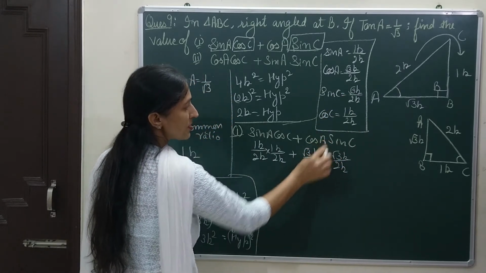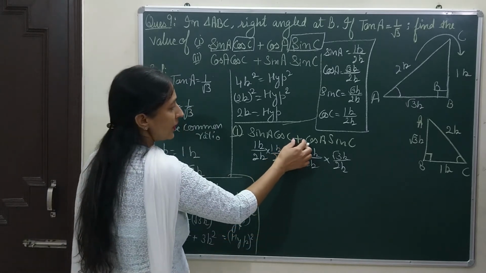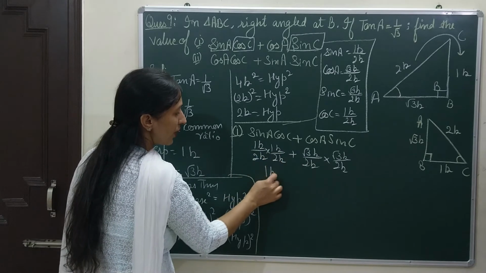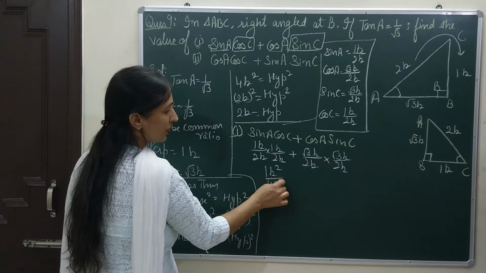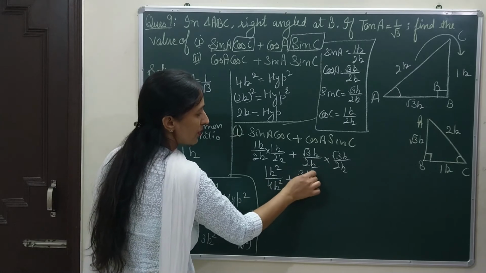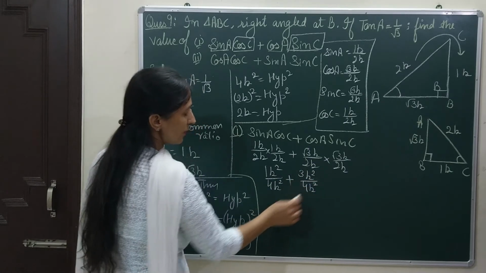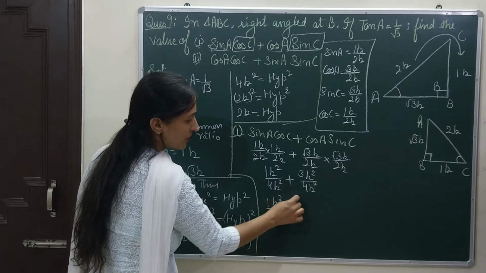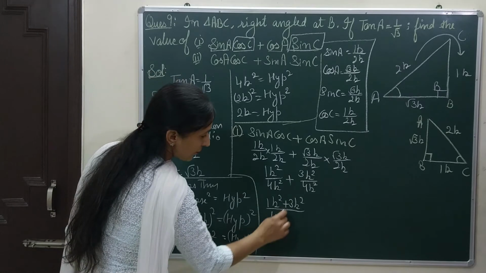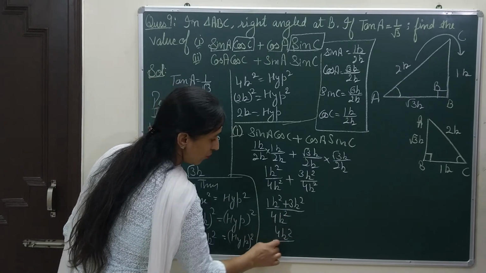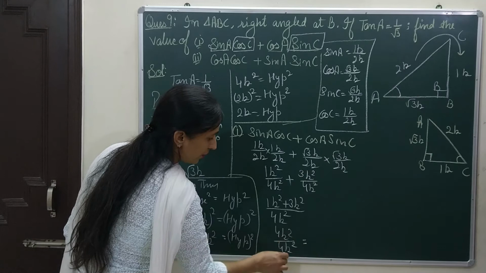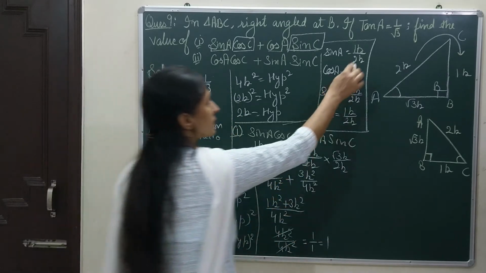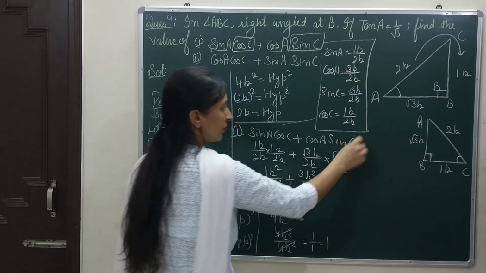As there is no sign, that means there is a multiplication sign in between. But between the two terms there is an addition sign. So I will be multiplying these two values. It will be 1k square by 4k square plus 3k square by 4k square. When I take LCM, it will be 4k square, 1k square plus 3k square, that will be 4k square over 4k square. Everything will be cancelled, so it is 1. You can also cancel this k here, or you can take it further.